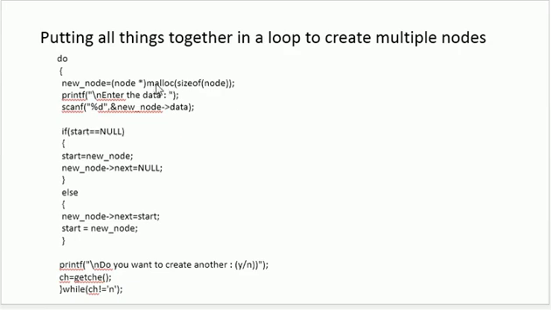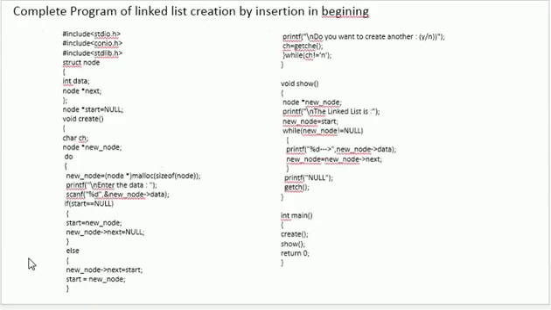Creating a node, writing something into its information part or data part, and checking whether it's the first node to be added or not. If this is the first node to be added, write it like this. Otherwise, make these kind of connections. So that is what we are supposed to do. So this is the complete program of linked list, which creates a linked list by inserting something in the